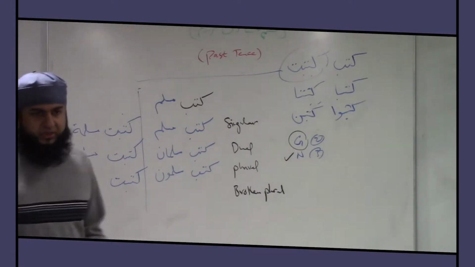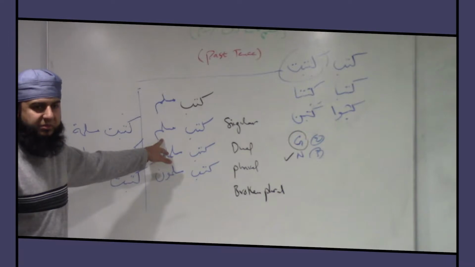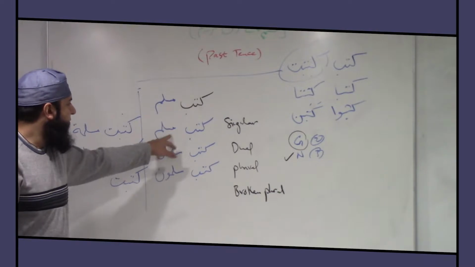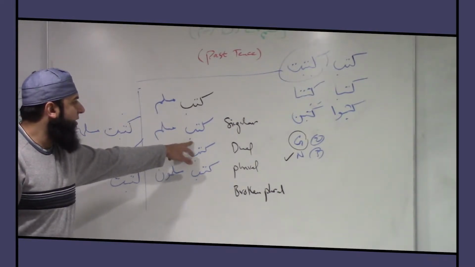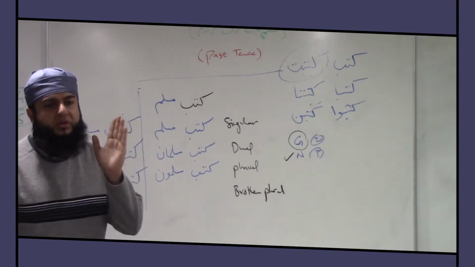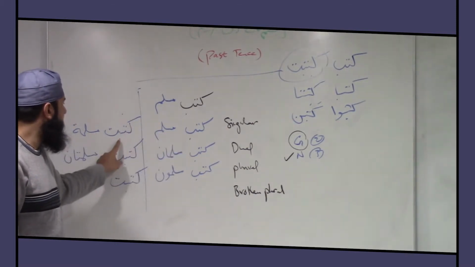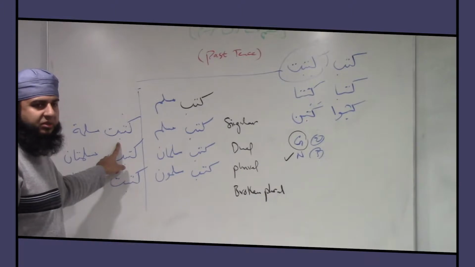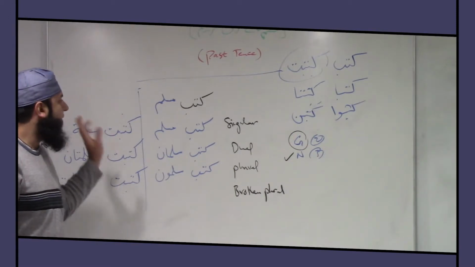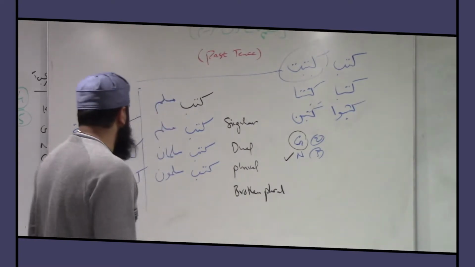So the conclusion is, whenever the subject is not invisible, not hidden, and you can just see it, it is prominent. So the verb is gonna stay singular for all of these, you don't have to worry about the number. All you have to look for is the noun, masculine or feminine. Kataba for masculine, Katabat for feminine. Okay, you got it? So this one is clear. So number, we are done.